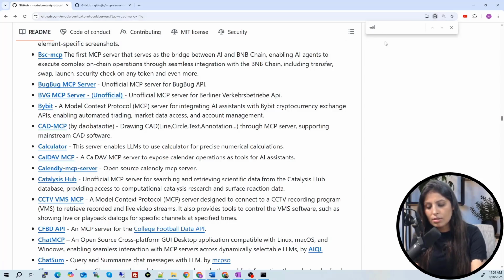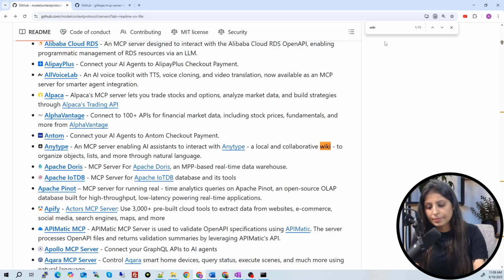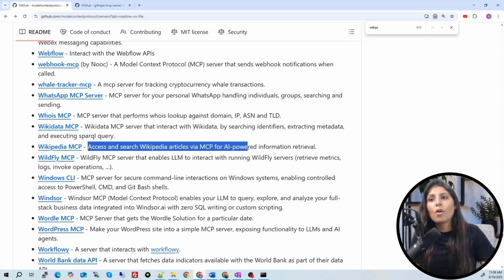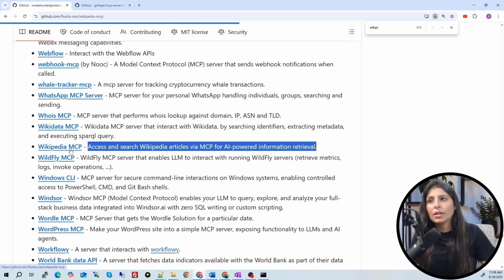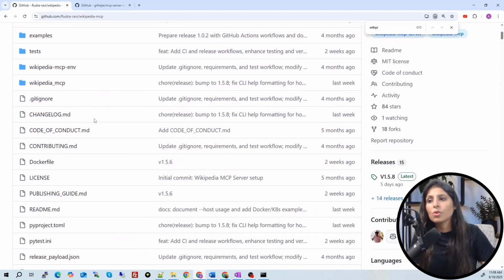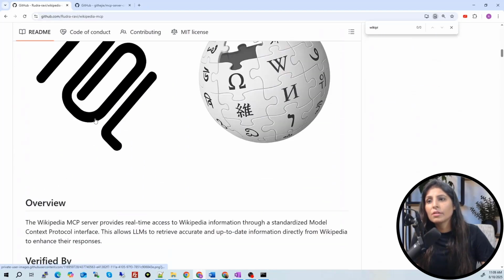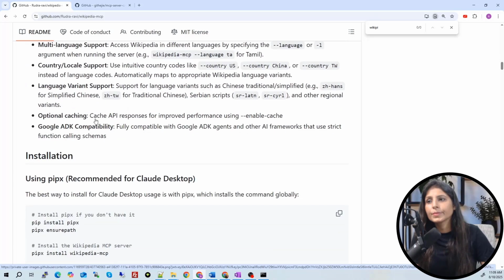So let's search Wikipedia. Yes, this one, let's use this one. Okay, Wikipedia MCP. Using this MCP server, we can access and search Wikipedia articles via MCP for AI-powered information retrieval. Let's click on it and see how to use it.